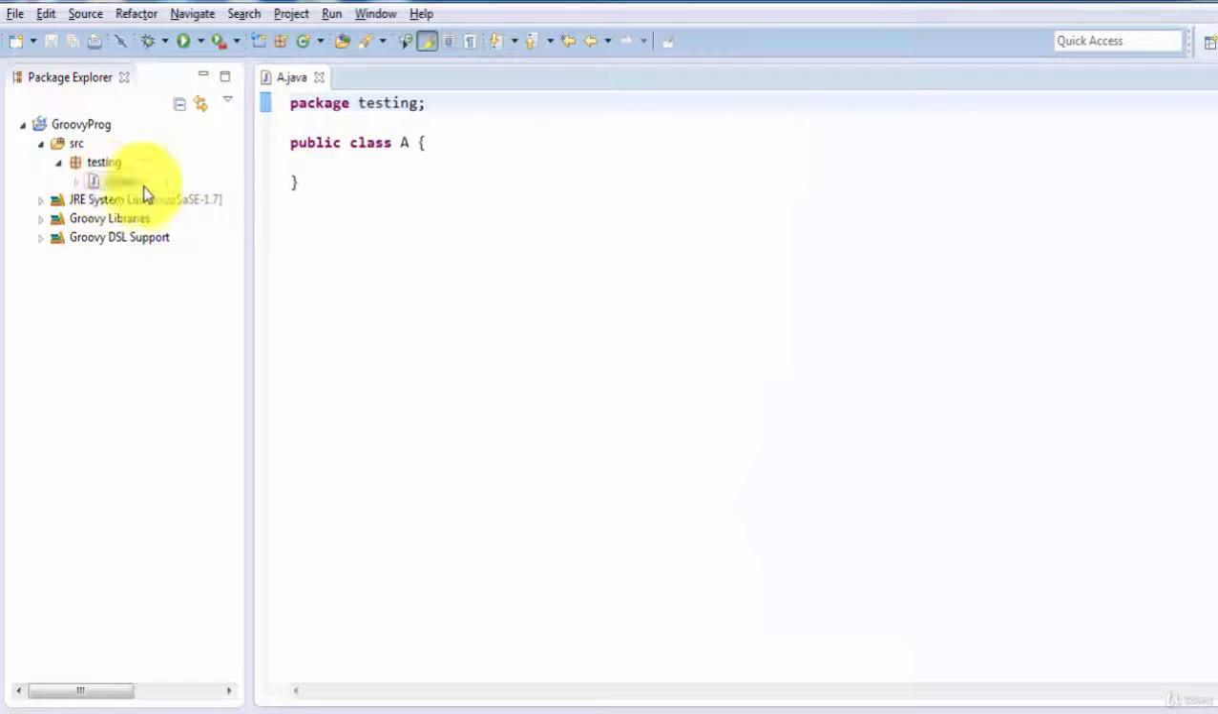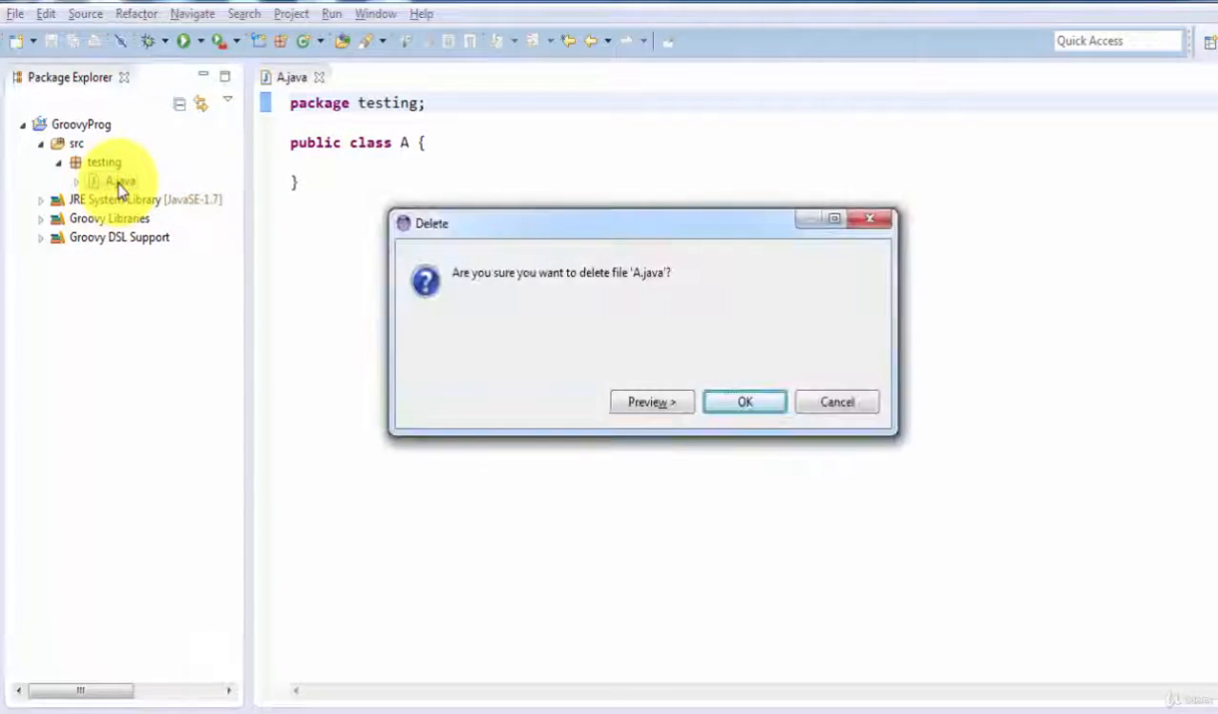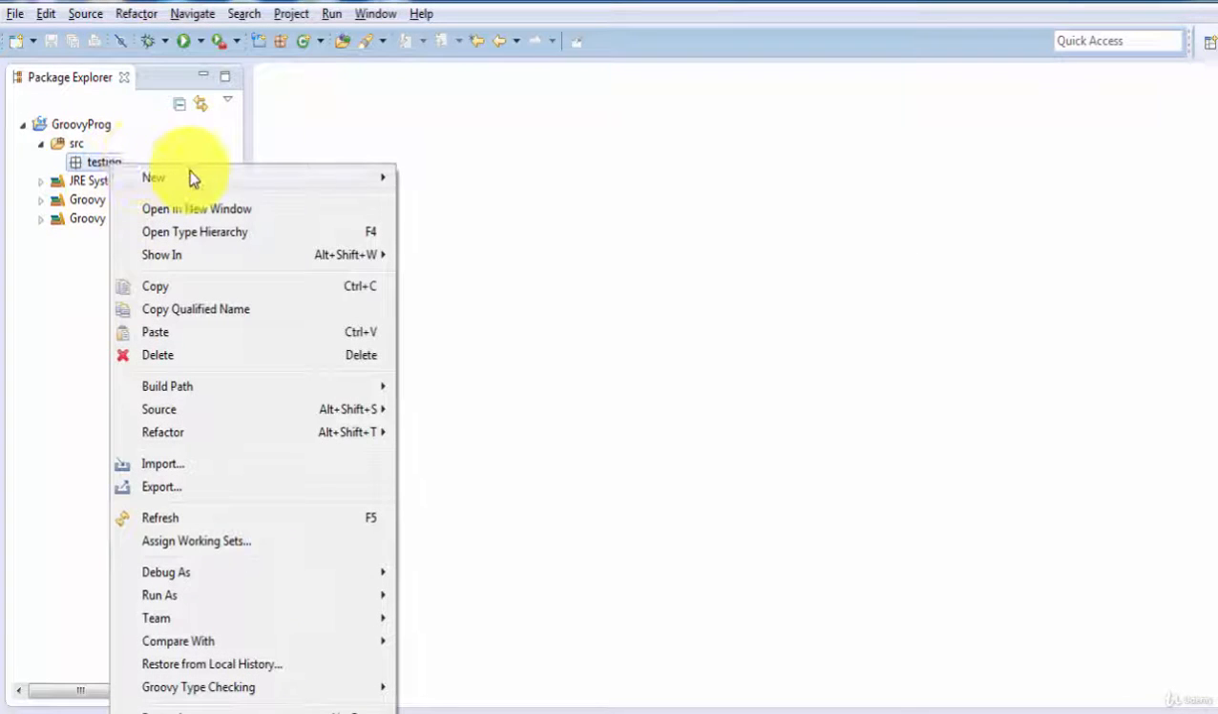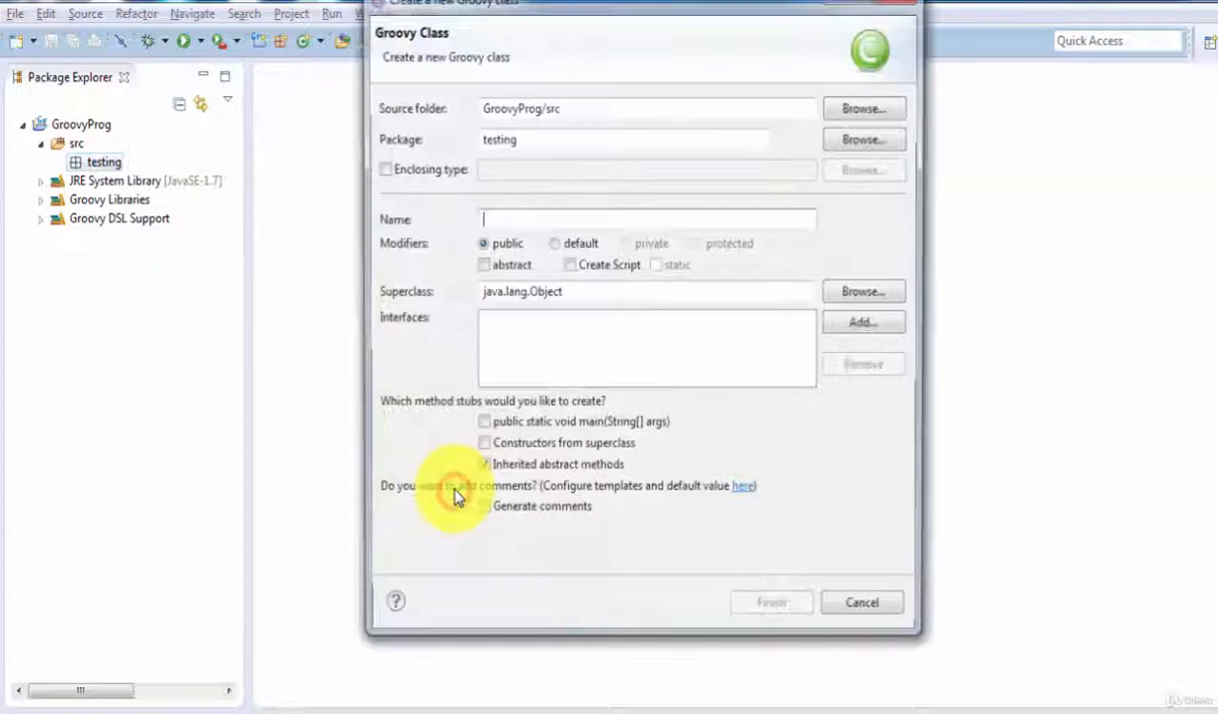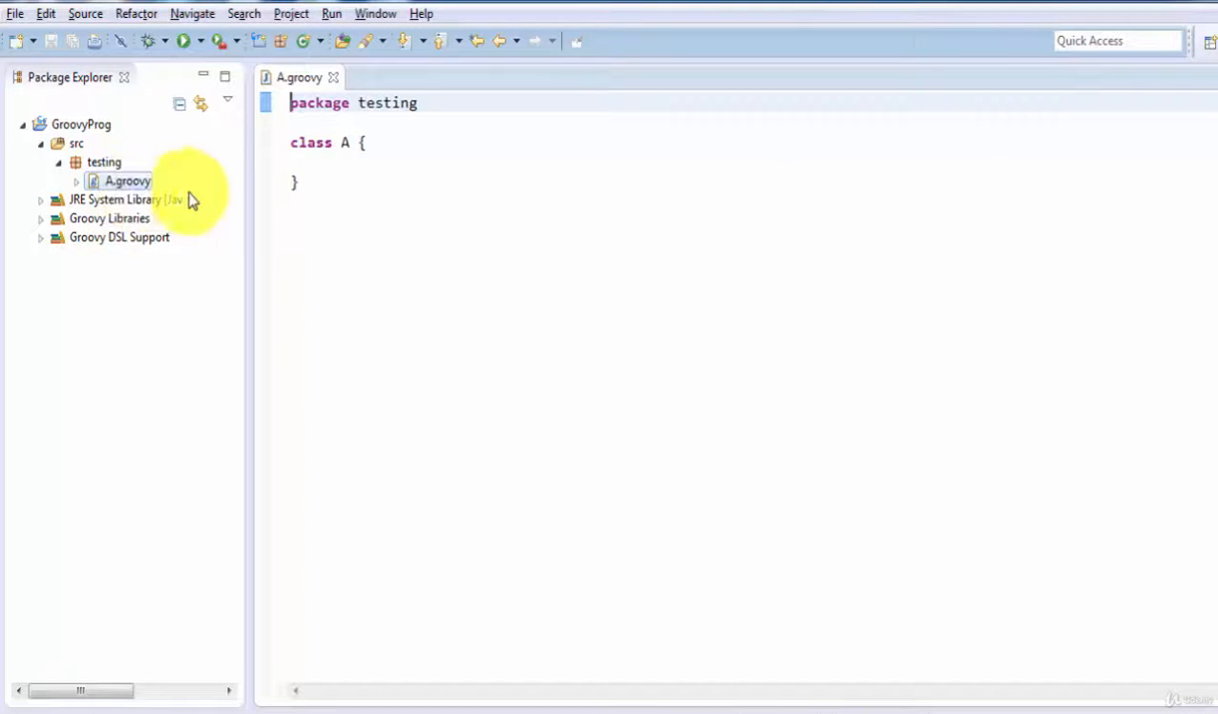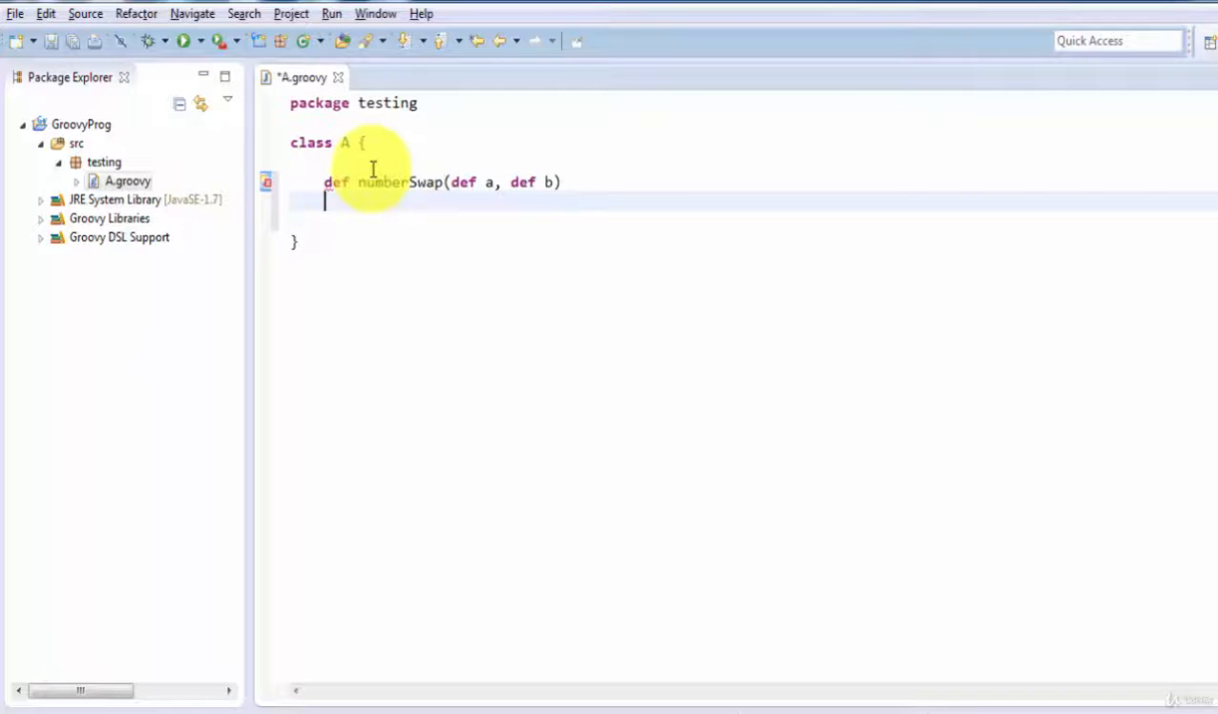Here I'm using incorrect. Here I'm using the class of Java. We need not to go for the Java class, so I'm using class of Groovy A. So extension will be Groovy of that. Here I want to create a method and def number swap. It's going to take two inputs, so I'm saying def A, def B, and we need to swap the values